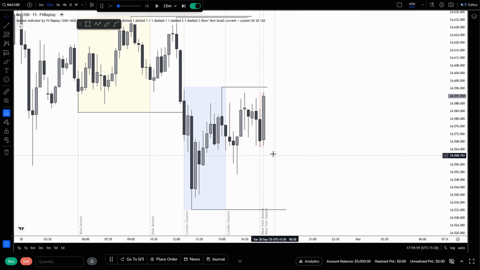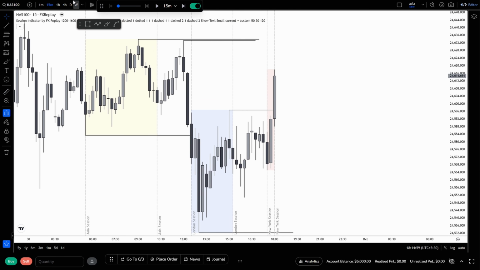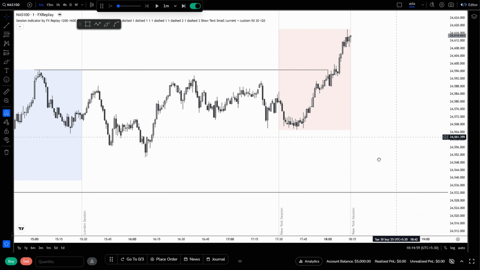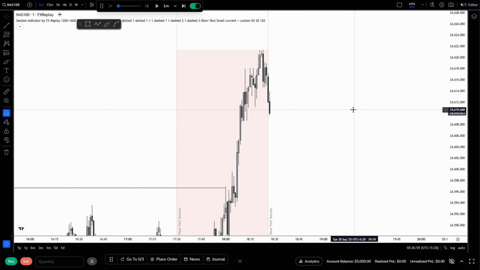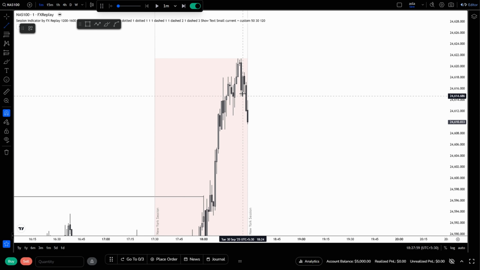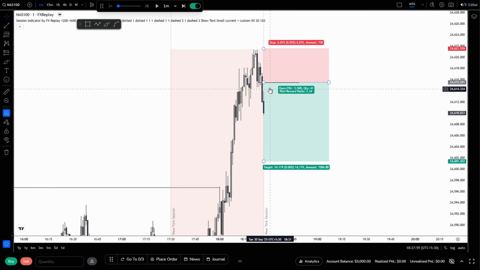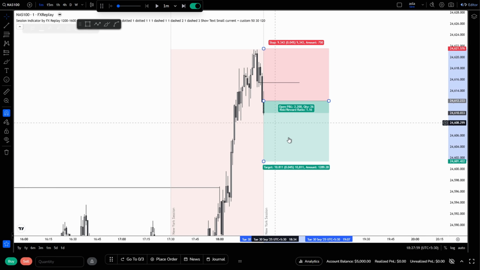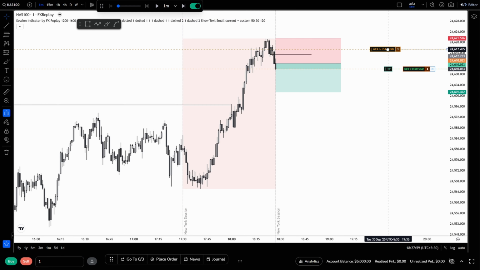As New York opens, we see price push higher and take the London session high. Now, from this point, what can we do? We can start looking for short opportunities, with targets set at the London session lows. For entry confirmation, what do we see? We get our first change in state of delivery, and shortly after that, we get our short entries. From there, price moves directly into our targets at the lows,